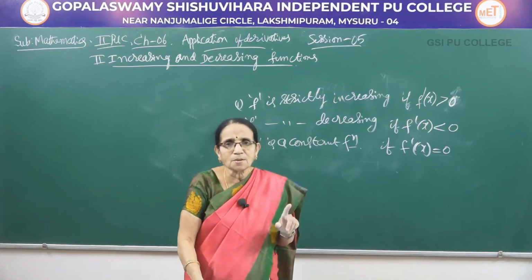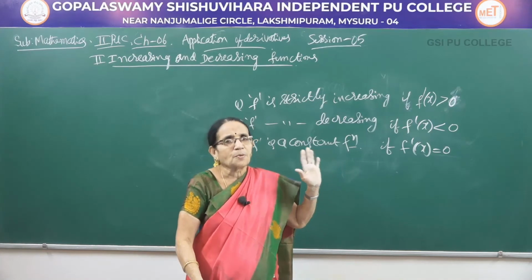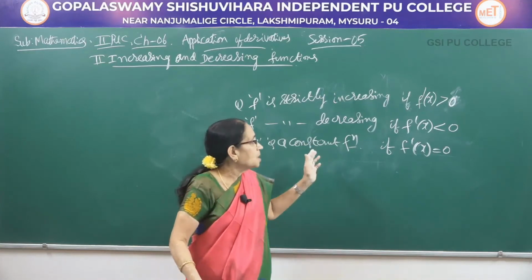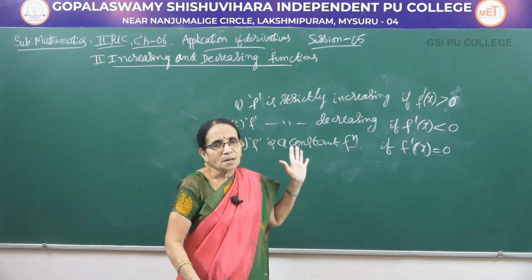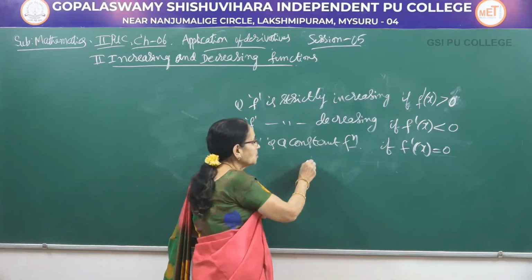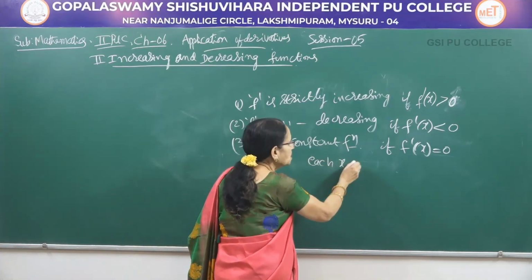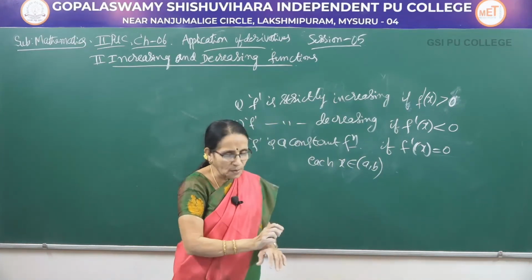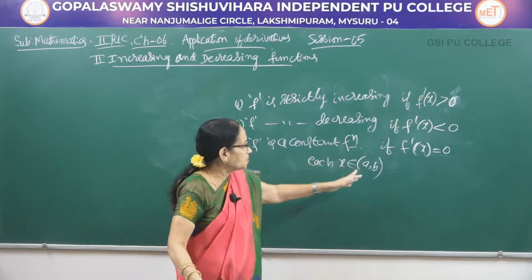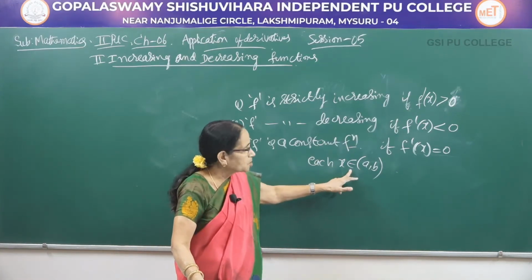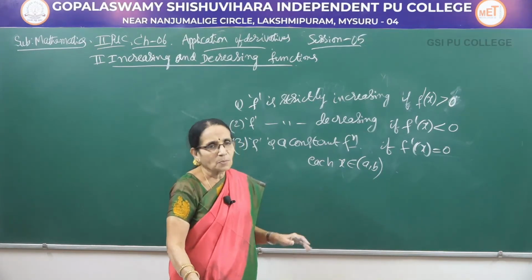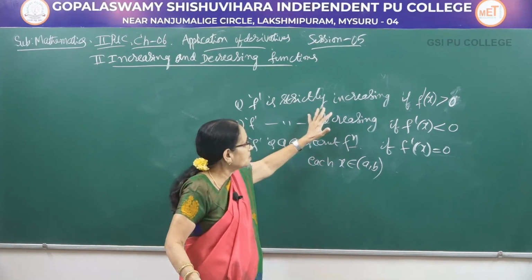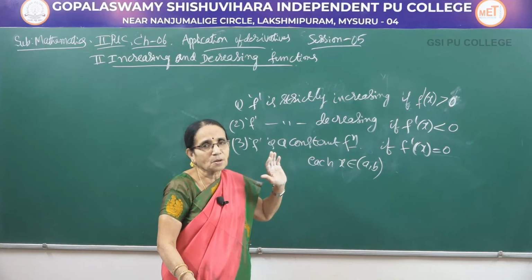Because if it is greater than 0, you can say it is an increasing function. If it is less than 0, you can say it is a decreasing function. If it is exactly equal to 0, it is a constant function. We say it is neither increasing nor decreasing for each x belonging to the open interval. Okay, a closed interval a comma b I had considered. So, x we have taken for each x here belonging to the open interval a comma b. So, you take any point in the open interval where it is differentiable. These are the different parts of the statement of the theorem here.